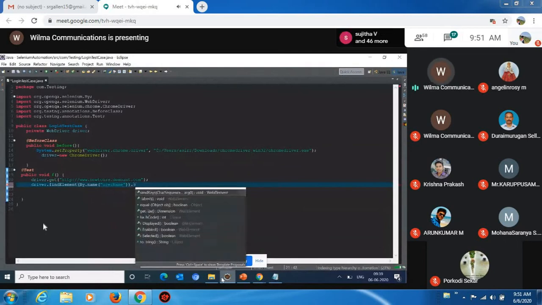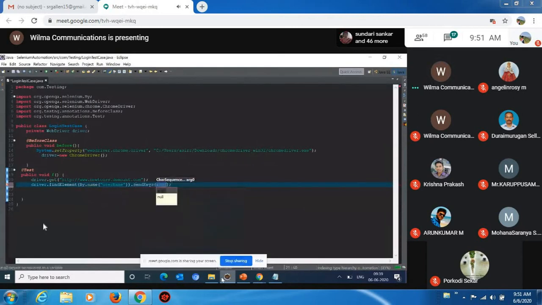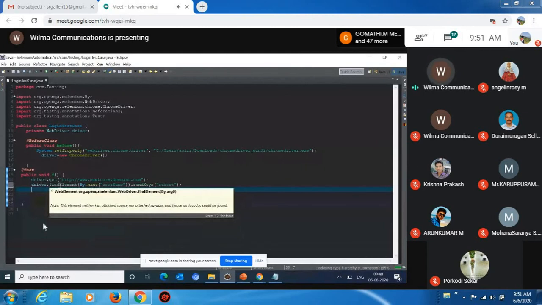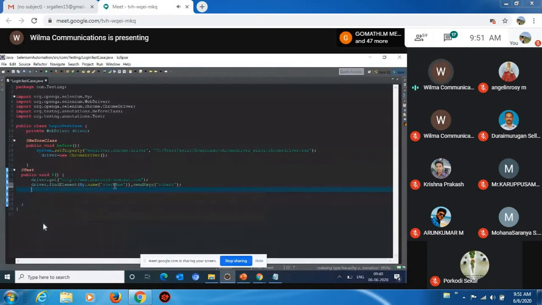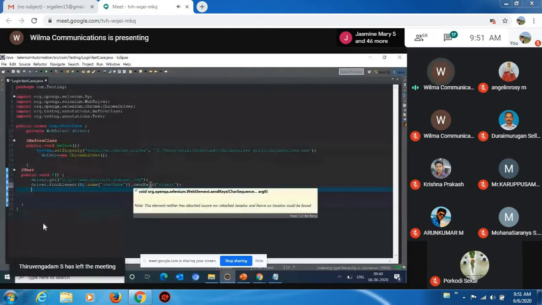For that, in Selenium WebDriver, we will be using the command called sendKeys. And what is the value you want to pass? That is the input. So here you can see driver.get, I'm going to get this particular link. After that, inside that website, driver.find, find one element by its name. Name of the element is username. And inside this username, the action is you want to send a key value called Robert.